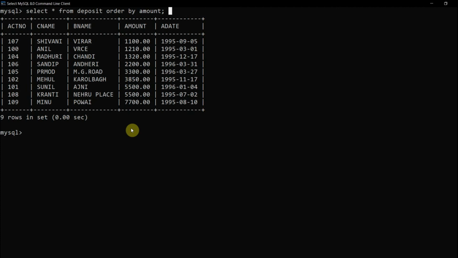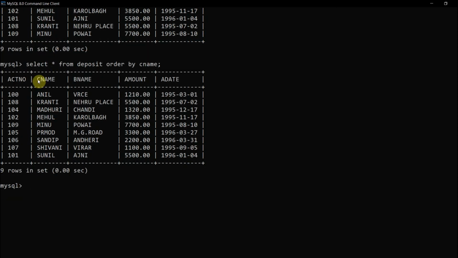Now suppose I want it in alphabetical order, how can I write it? Suppose for customer name I want it in alphabetical order, so I will write it this way, just changing the name of the column. You don't have to mention that you want alphabetical order. If the column is in string form, it will arrange it alphabetically. If it is in numeric form, it will automatically arrange it in ascending order. So here you can see the customer column is now arranged alphabetically, that is A, K, M, etc.